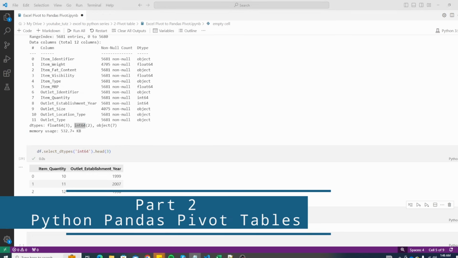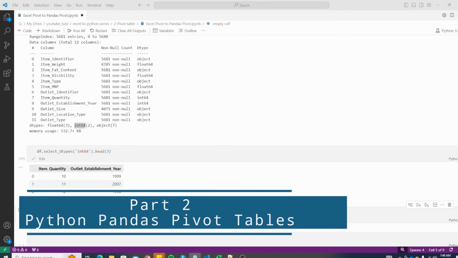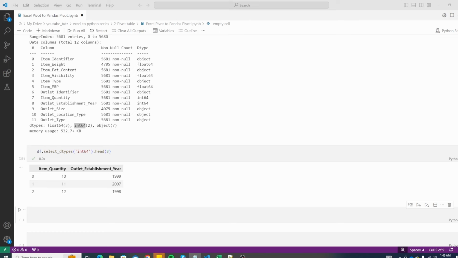Now first, let's replicate what we did in our Excel pivot. As a first step, I'm going to paste a structure of a pivot table in pandas, which will help us understand and easily create pivots in future. It's always helpful to keep a snippet of your most used code separately in a notepad or Notepad++. So let me paste the code here.